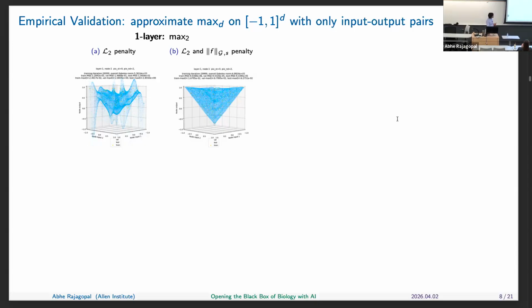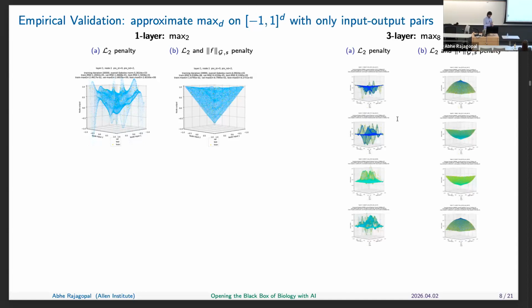But explicitly adding the Sobolev penalty, which actually doesn't depend on adding more data points, all it looks at is the smoothness of individual nodes, and you're trying to minimize that with respect to the data points you already do have, you can essentially stabilize the training. So this works in 1-layer networks. Of course, it's pretty simple, but it also works in deeper networks.